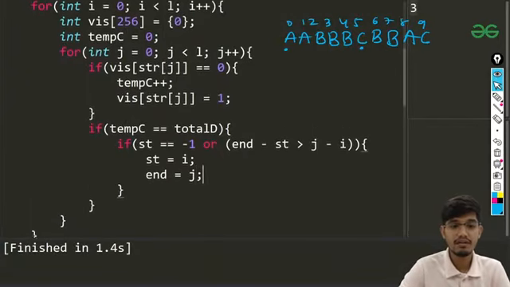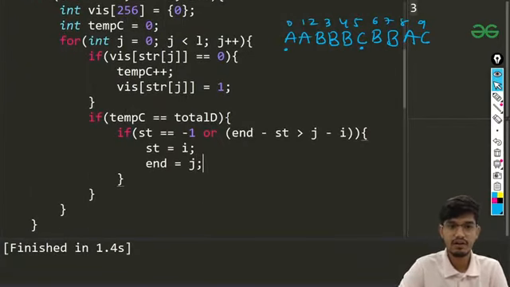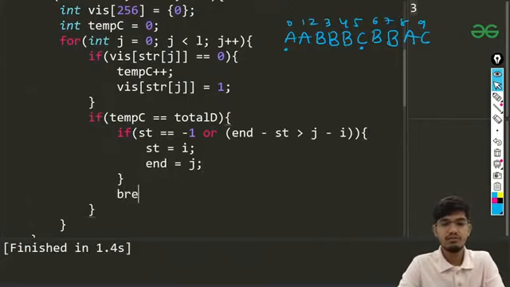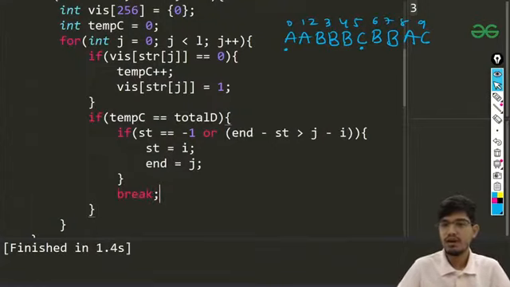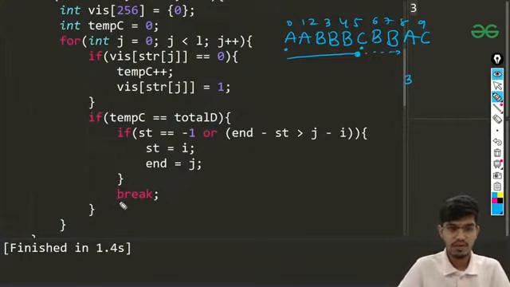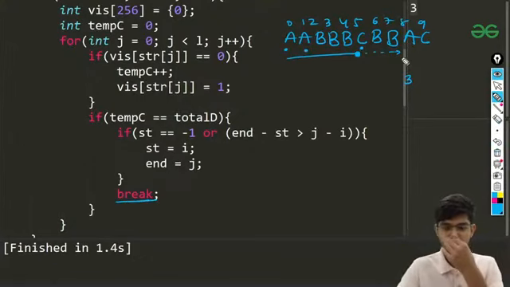Once I have done that, I'll be breaking this loop so that I can jump to the next iteration. Suppose at this point we have got the total number of distinct characters equal to 3. We need not go in the same direction again for finding the maximum, because that doesn't make sense. So we'll be breaking the loop here so that it starts again from the outer loop. Now at the end of this, once we are done with this, we'll be getting this thing, right?